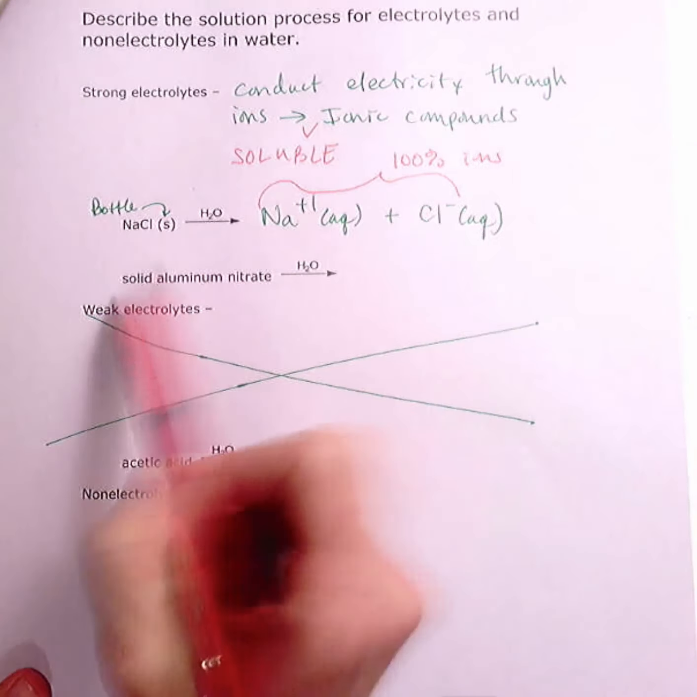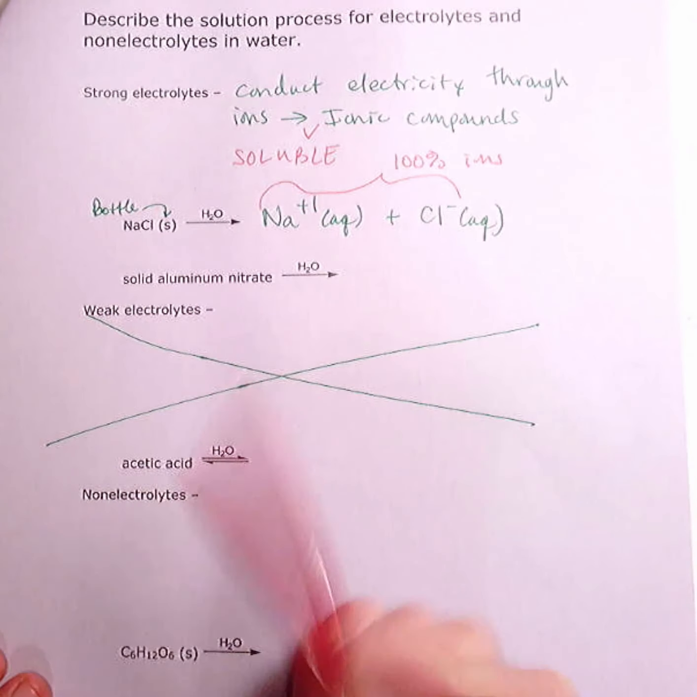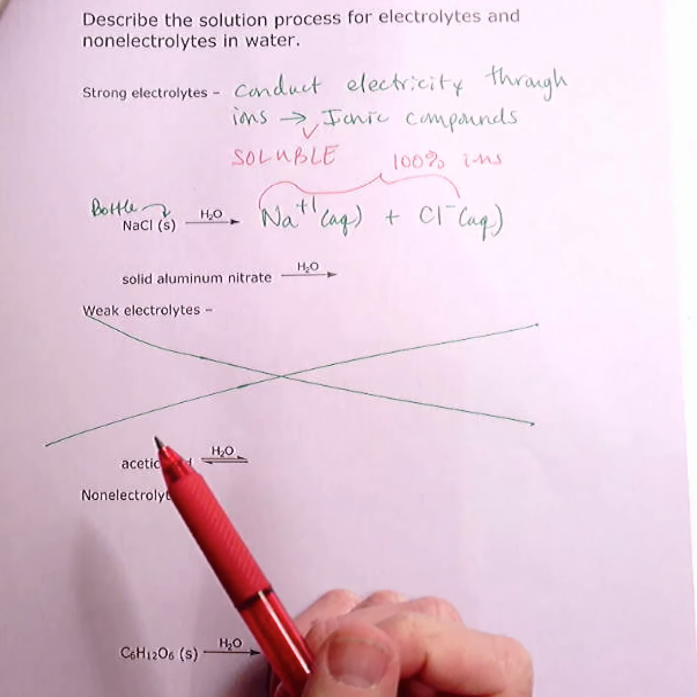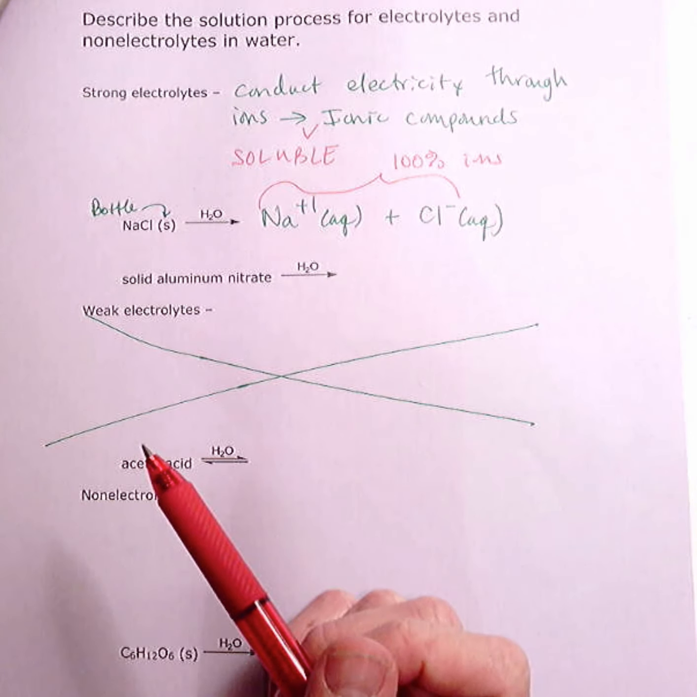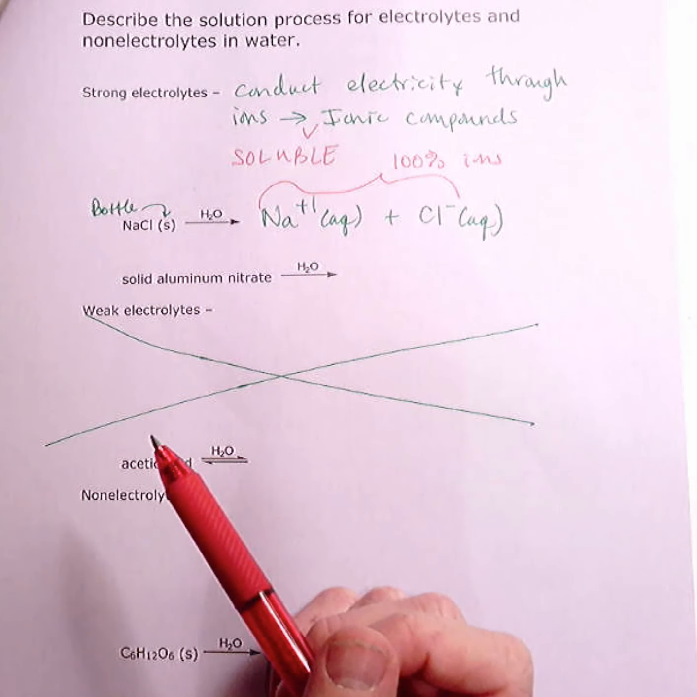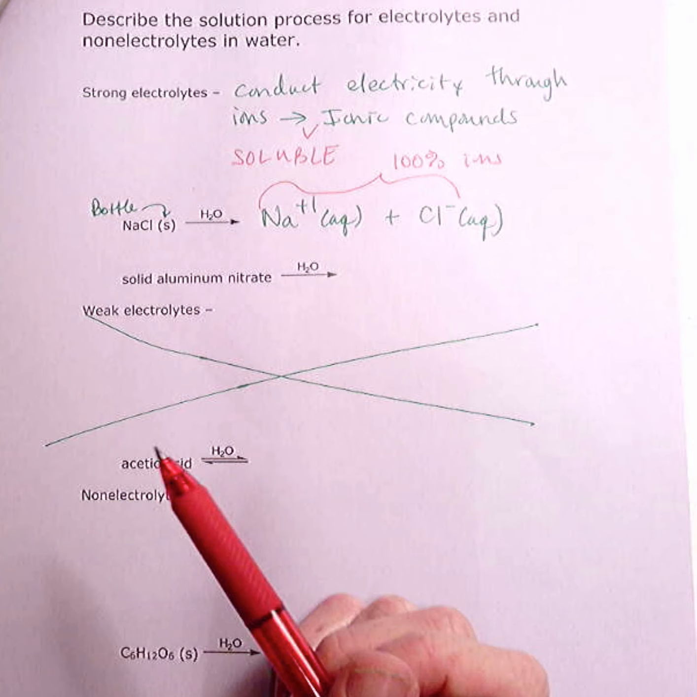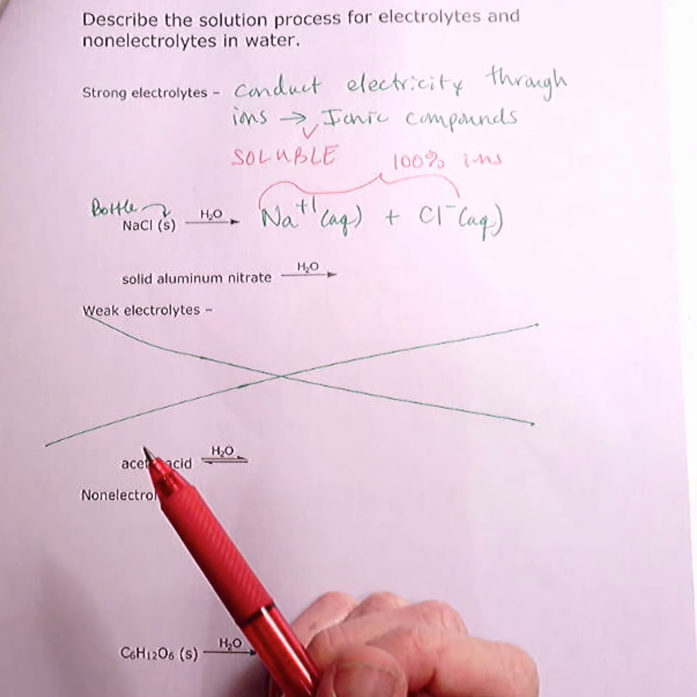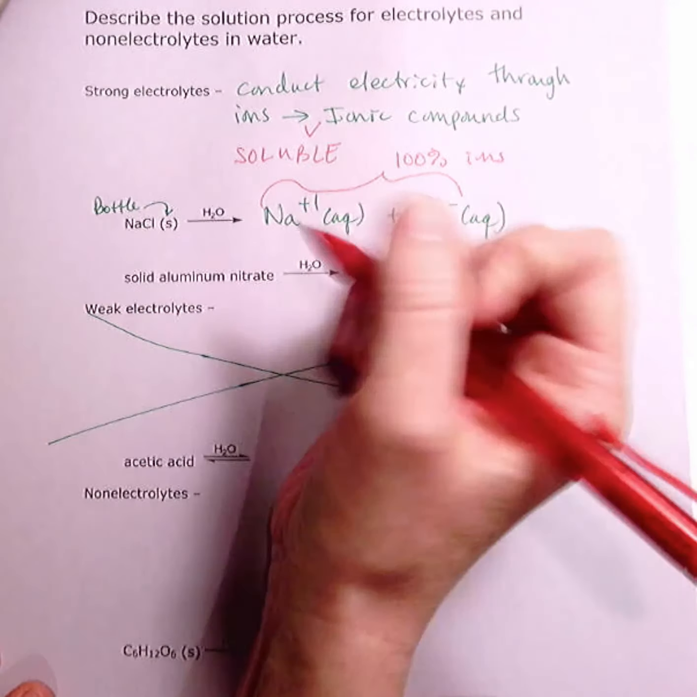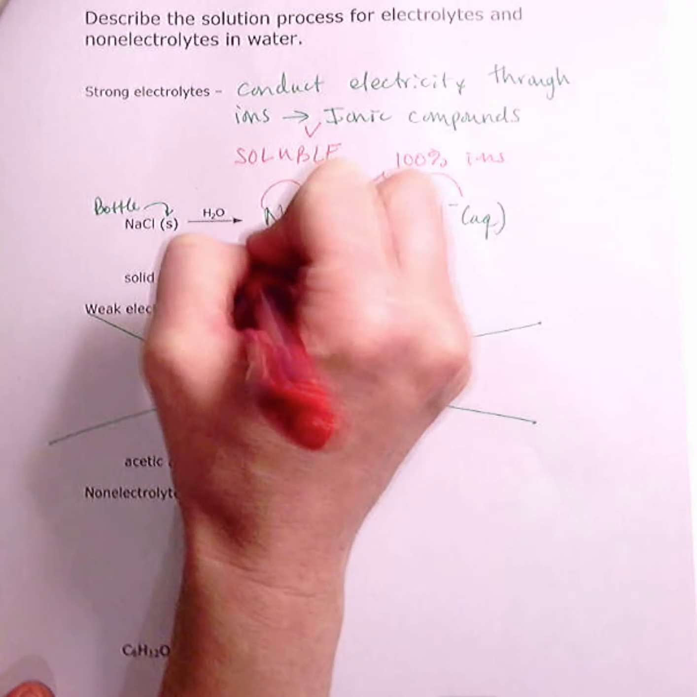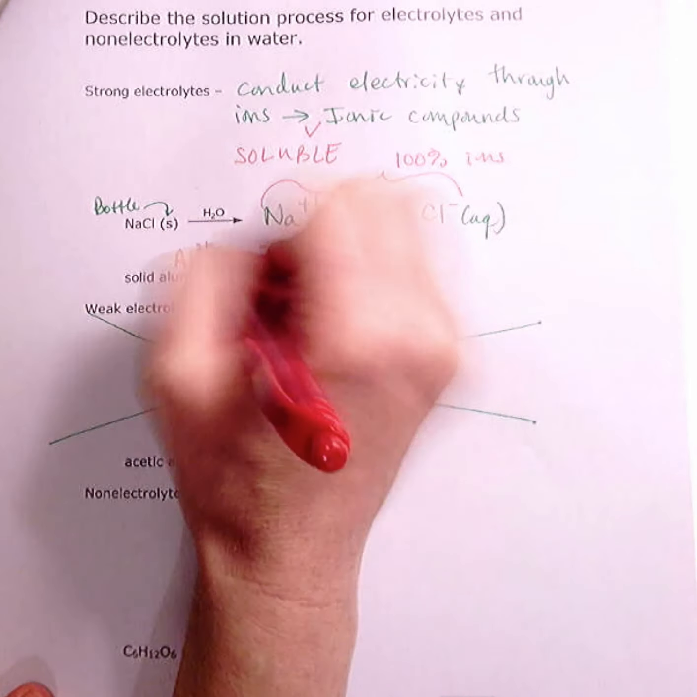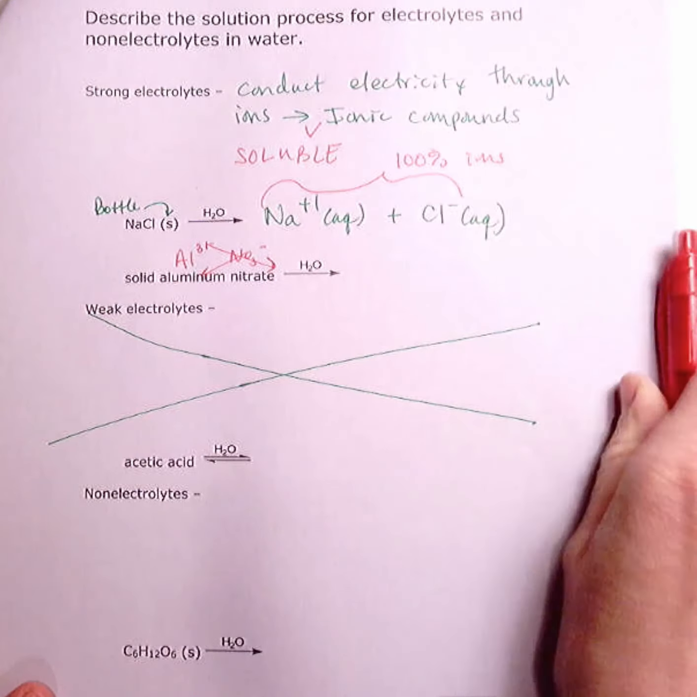So I'm making you work for this next one, solid aluminum nitrate. I want you to try to write the formula for aluminum nitrate. So what is nitrate again? If you're a little rusty on your polyatomic ions, I know it's been a little while since we've had them, be sure to review them before the final. So solid aluminum nitrate. Aluminum is 3 plus, nitrate is NO3 minus 1. Do the cross, the drop, you get